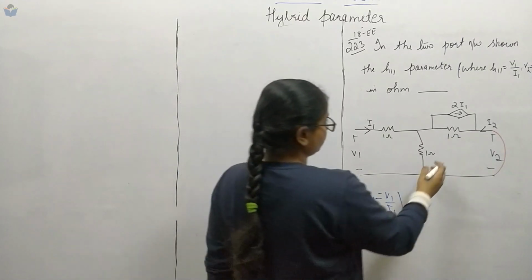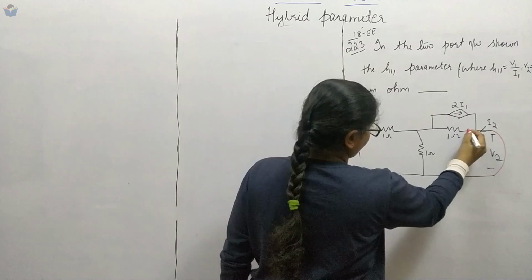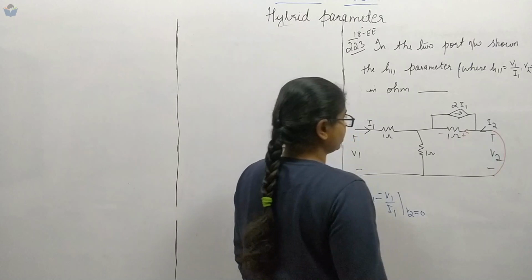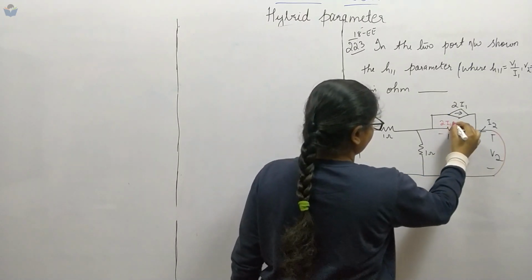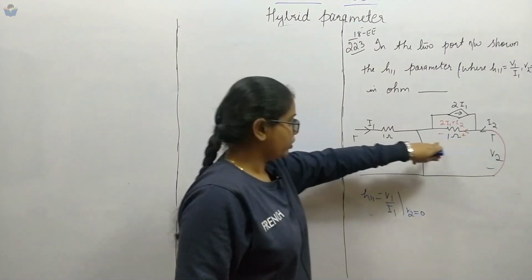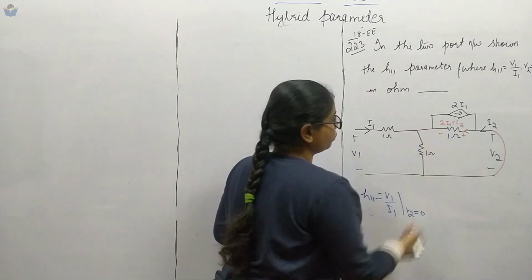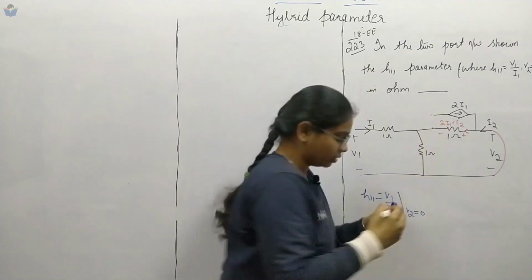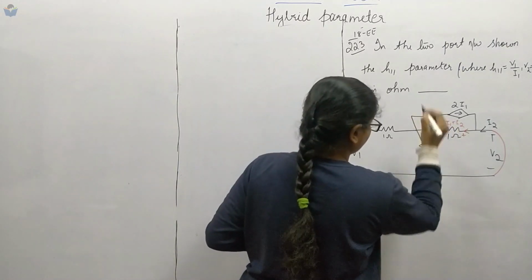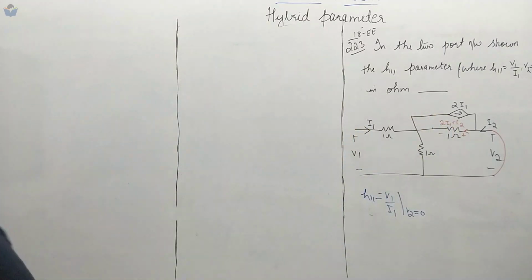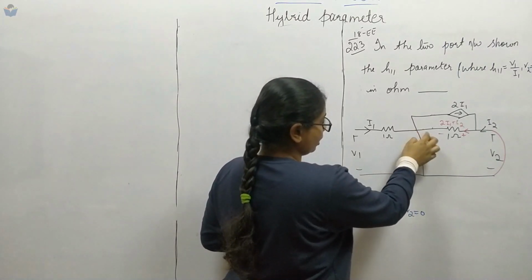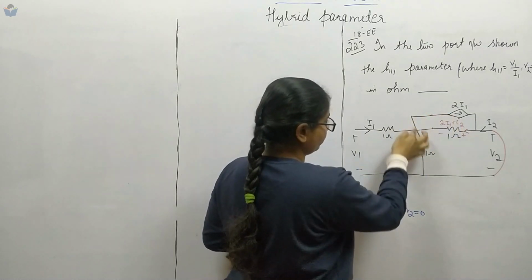Now I want to know the current in this one, right? Suppose we assume the current is flowing in this direction, so this will be plus and minus. 2I1 plus I2, apply KCL at this node, right? Now this much current should leave. I'll just redraw it. So here, the current is coming from here. I1 is here, right? 2I1 is outgoing.